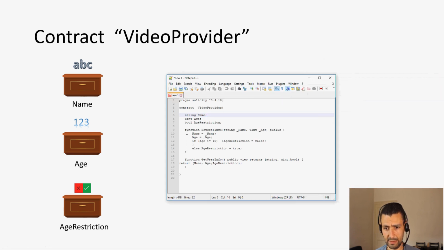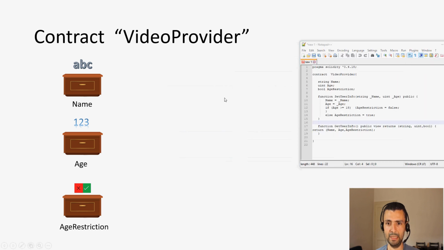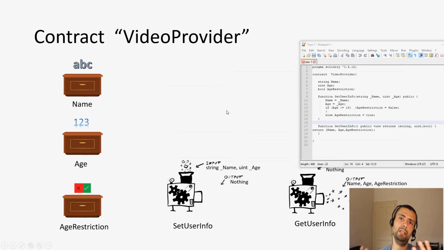So what comes next is something called function. Here we have function set user information, and then we have string name uint age, and we have another function called get user information. Now what does this mean? Functions, I'd like you to think of them as machines that take an input, do something, and then deliver an output. So in our case, we have, for example, the set user info,